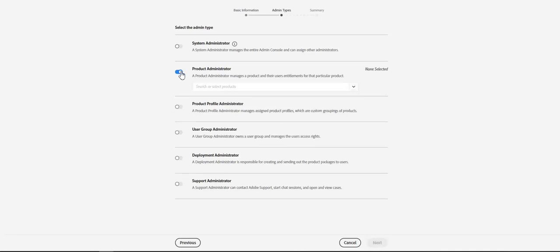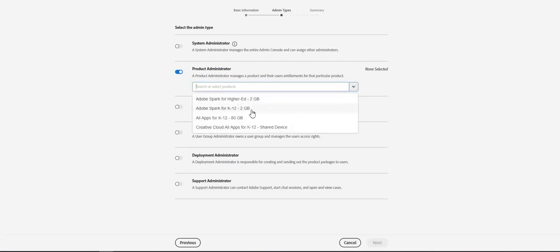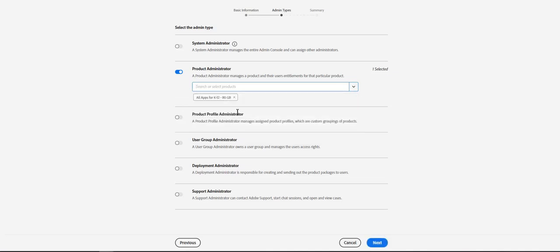Over here, if I click on enable, it will ask me which product I want this particular admin to be added to. If for example I go to All Apps Plan, this product administrator will have administrative rights on this All Apps Plan. That means he can create product profiles under this All Apps Plan.